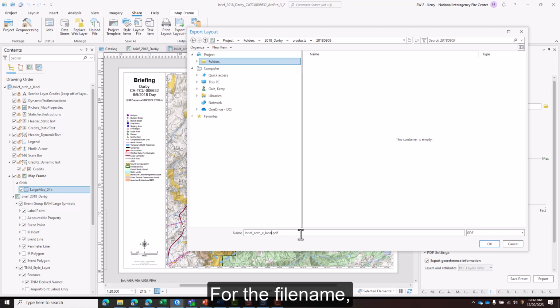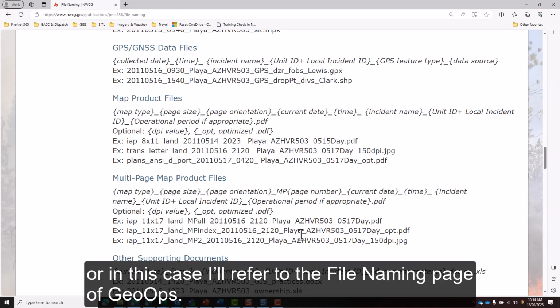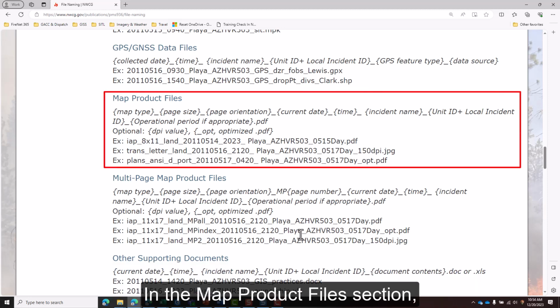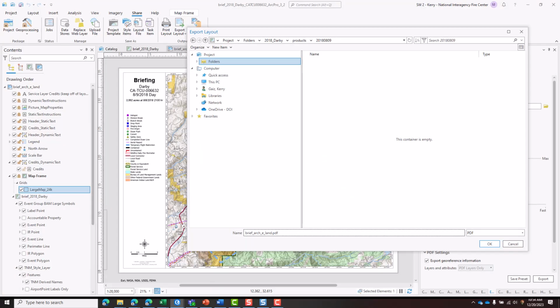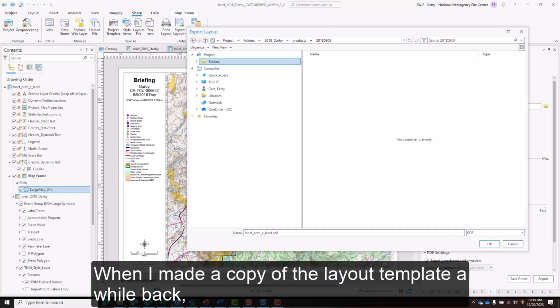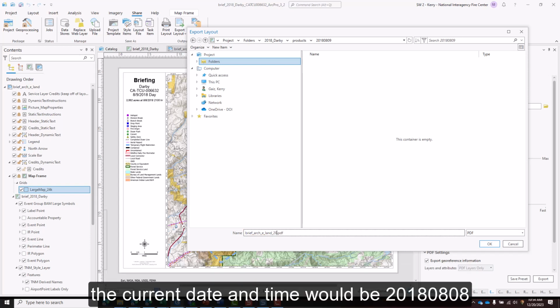For the file name, you can use the GeoOps file namer, or in this case, I'll refer to the file naming page of GeoOps in the Map Product Files section. When I made a copy of the layout template a while back, I named the layout to include the map product type, size, and orientation. The current date and time would be